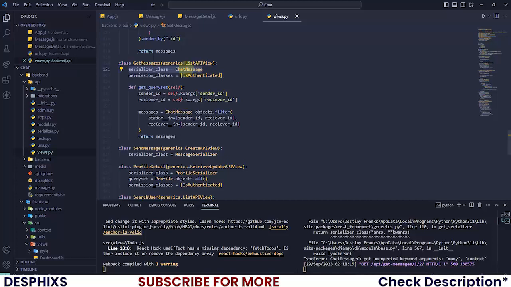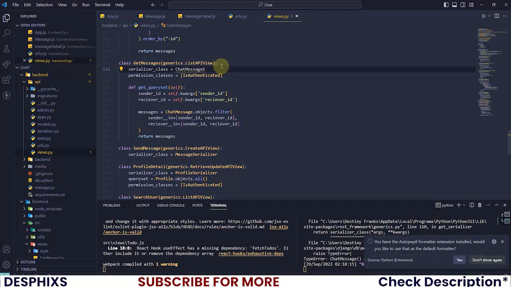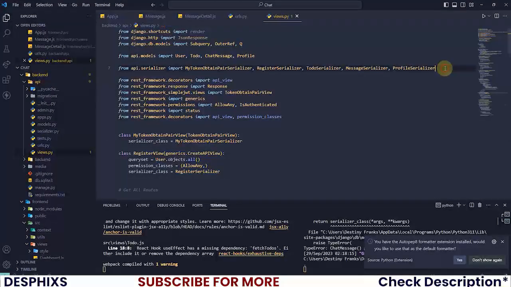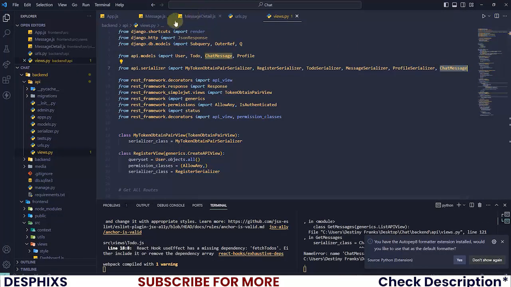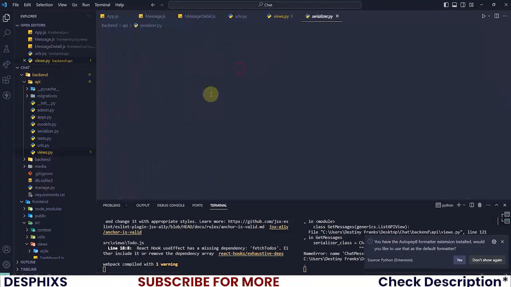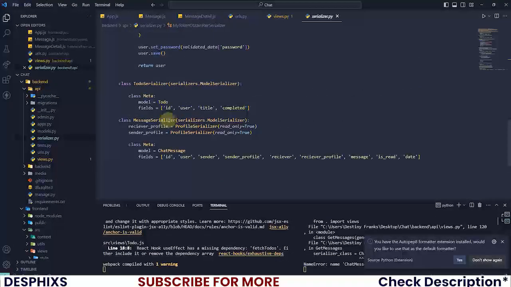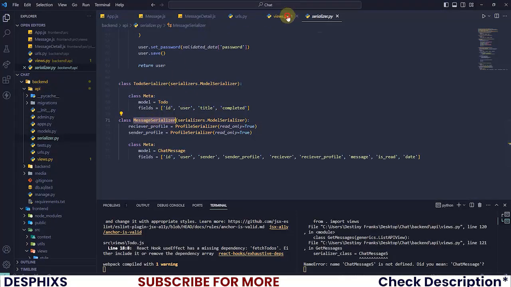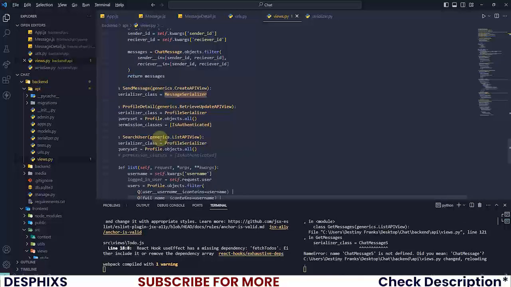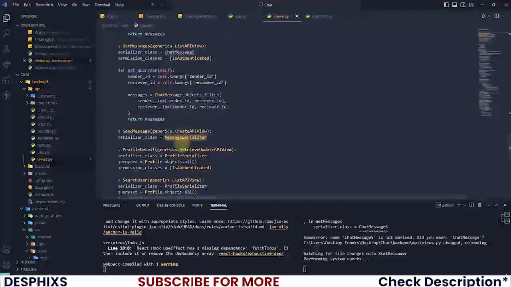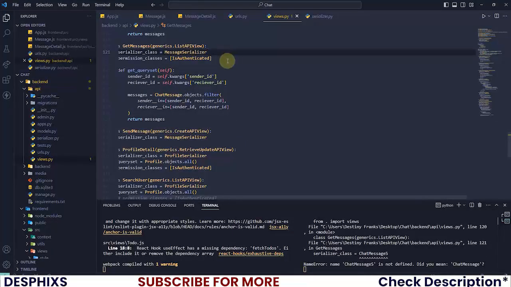Serializer class, chat message, permission class. Oh, okay, as you can see, serializer class is supposed to be chat message serializer. I did not import that. So it's supposed to be chat message. Okay, so what's the issue here? Okay, it's called message serializer, not chat message serializer. Yeah, that's the problem. I'm just gonna get down here and replace that with message serializer